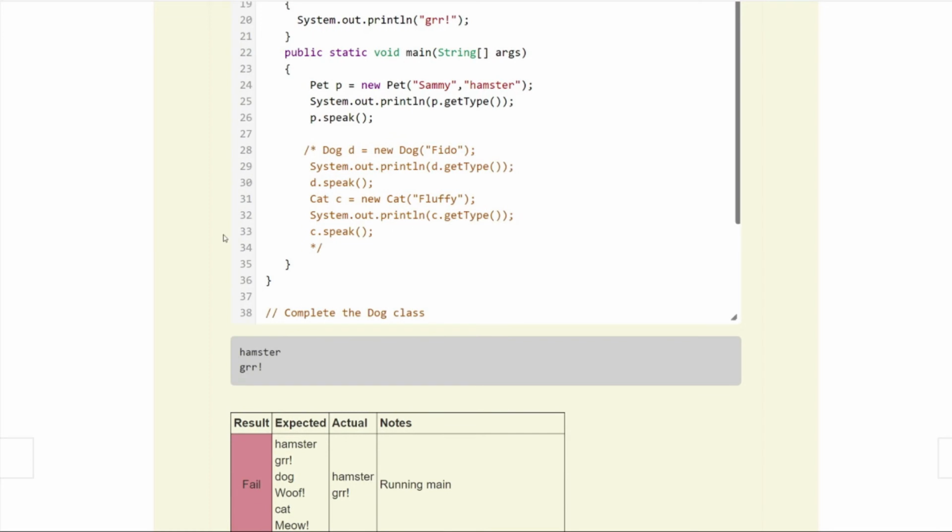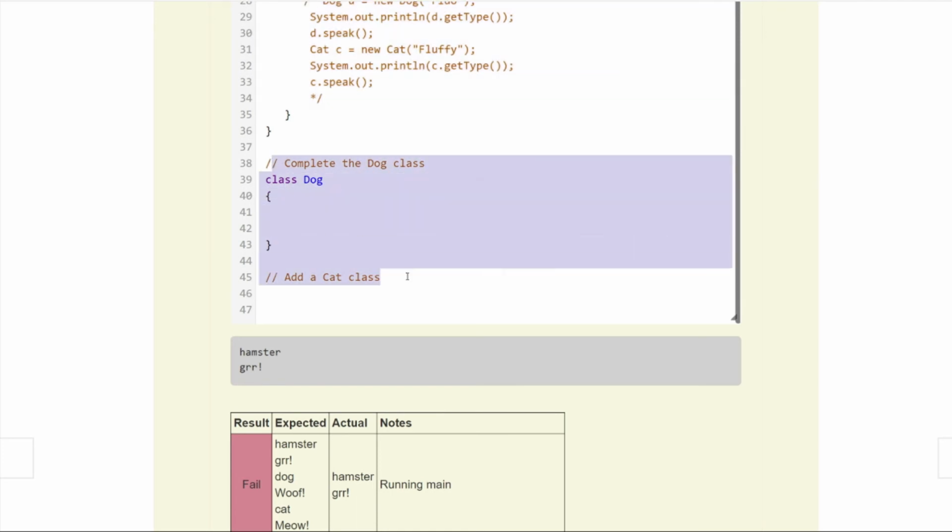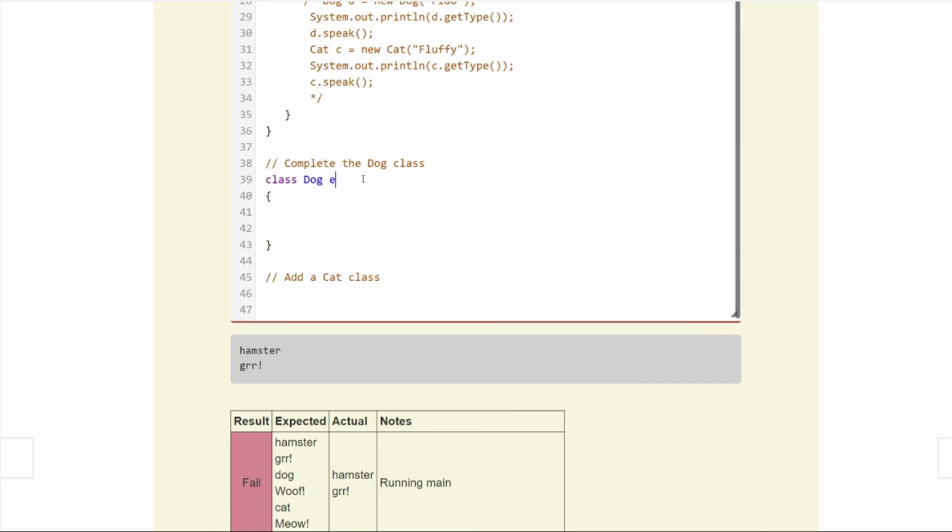We have hamster and grrr. We come down here, we have some stuff we have to uncomment after we complete a dog and cat class. Well, let's go down what we have to do here. The first thing is write a subclass called dog that inherits from pet. That's pretty easy, kids. We can just come over here and go class dog extends